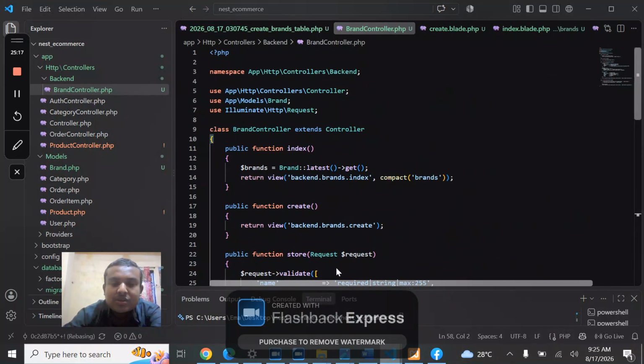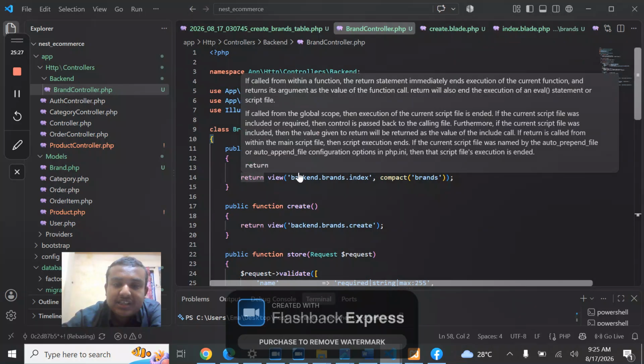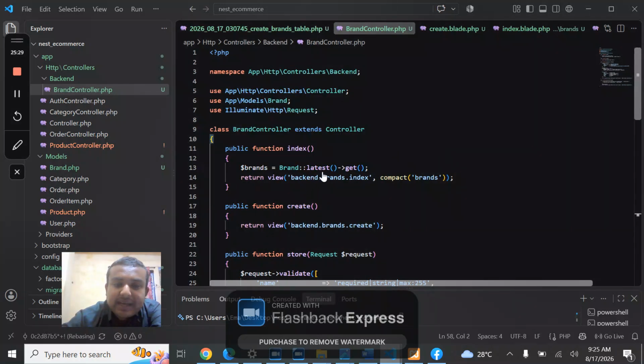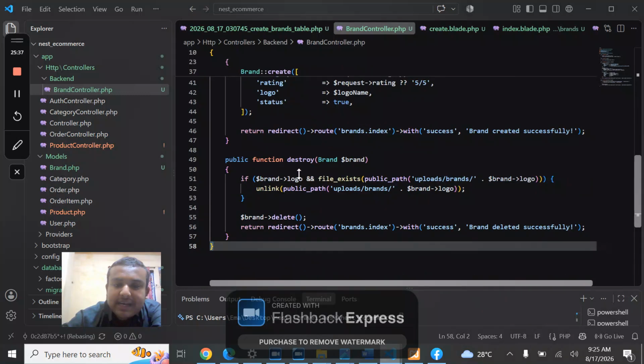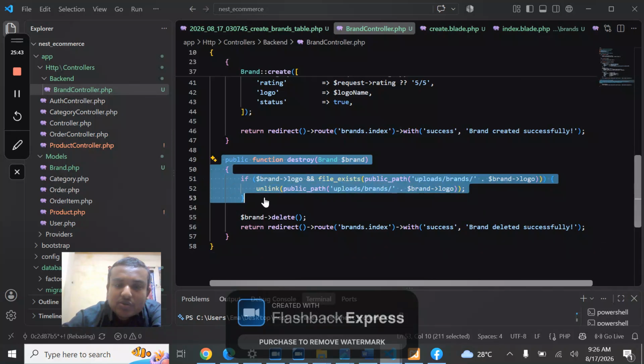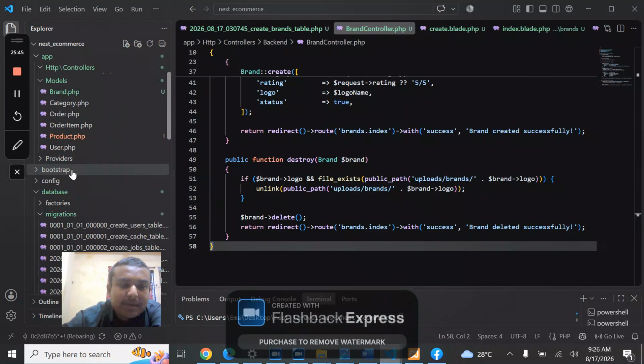The controller is the instructor in our Laravel project. So we have to return view by brand backend brands index, and at last I have to go to the bottom, brand logo, and then file exists public file uploads and by brands. We also need this, and if we go to the public folder,